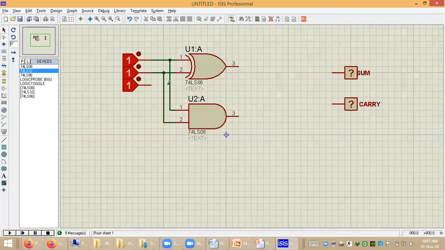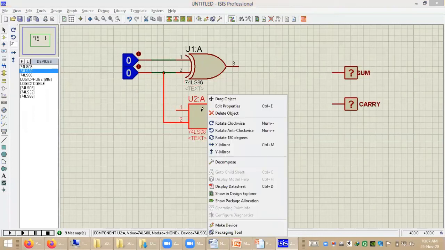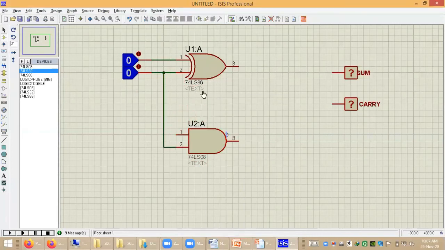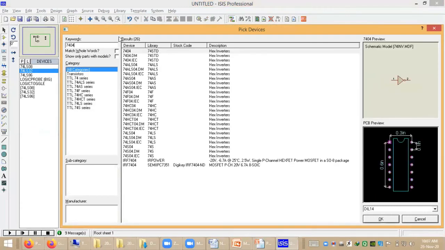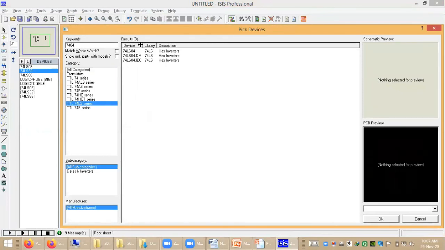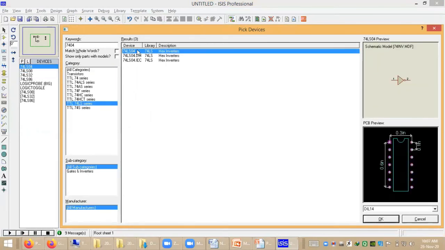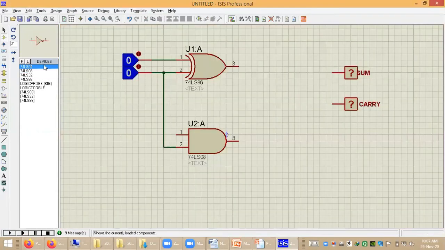We require one NOT gate, right? For the NOT gate we require IC 7404. Use the LS series. Double click on it. Okay, NOT gate. I will just rotate it.